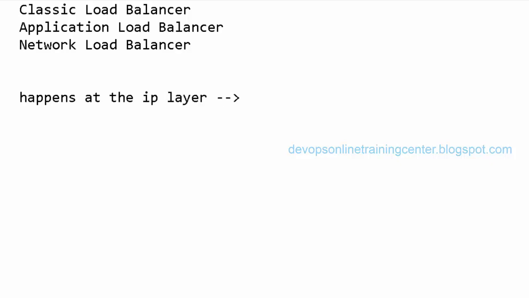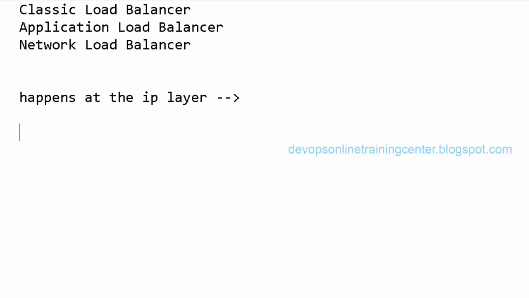If you see the OSI layers, we have the physical layer, data link layer, network layer, IP layer, application layer, and so on. Here the incoming web traffic is redirected based on the IP address of the machine. Based on the round robin algorithm, the first request will be served by the first server, the second request by the second server. That is the classic load balancer.